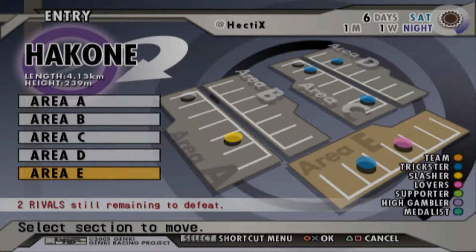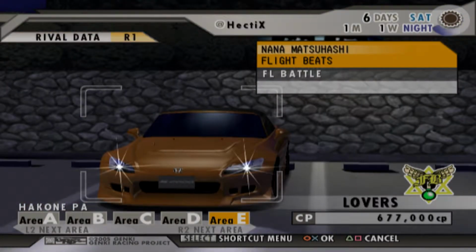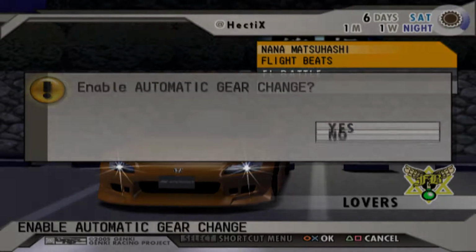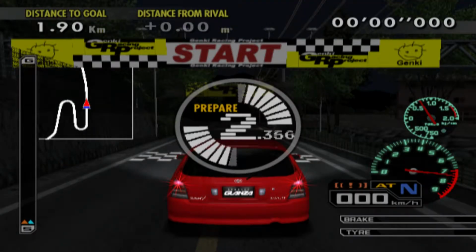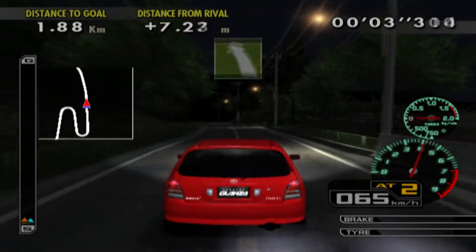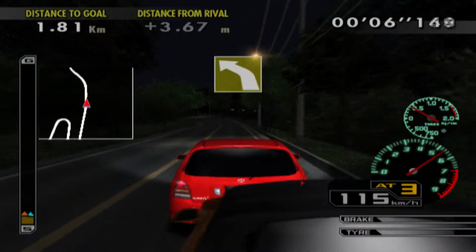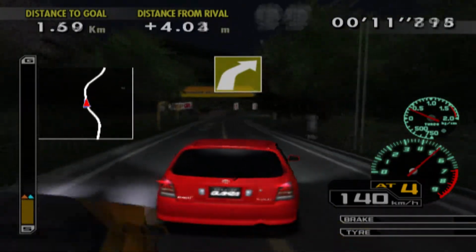So, we can get our revenge. Awesome. Hopefully this goes a lot smoother and we don't get a second loss. So let's try this again. This time, be a lot more defensive. So I don't feel like losing the second time. So I know for a fact I'm not going to be able to out-drag her in a straight line. It's basically coming down to blocking and trying to gain enough time through the corners